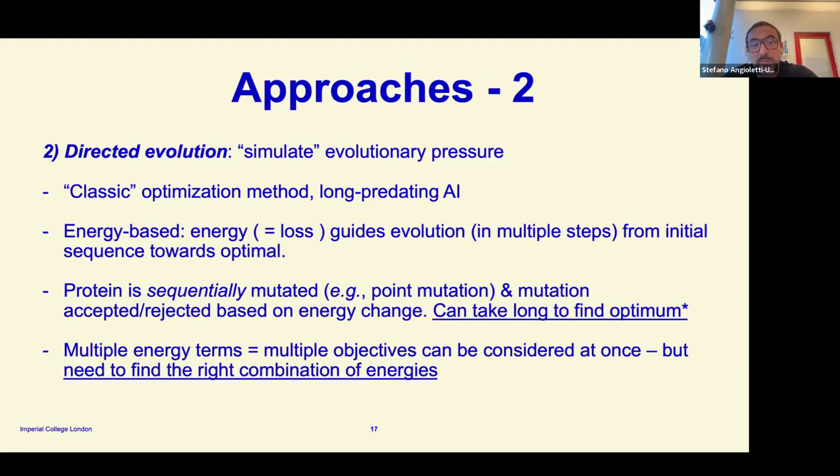Okay, second type of approach is what I would call directed evolution. In directed evolution, what you try to do is to simulate evolutionary pressure. What does it mean to simulate evolutionary pressure? Well, if you look in nature, you might have a protein. The protein, let's say, has a certain functionality, and because it has a certain functionality, the organism in which the protein exists survives. If now you have a mutation inside that protein that makes the functionality of the protein better,